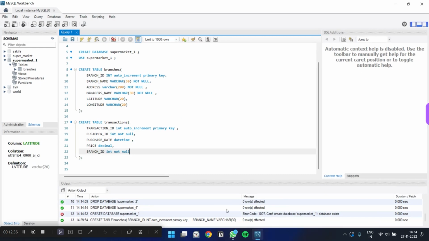But instead of creating a whole new one, you put it as a foreign key. Okay, you just put it as a foreign key. I'll just show you how. Did you see a primary key? The same way, foreign key also works. Foreign key branch ID